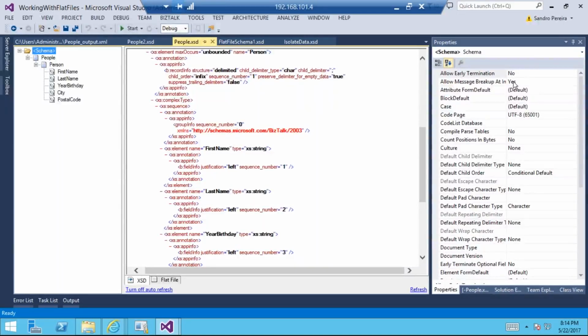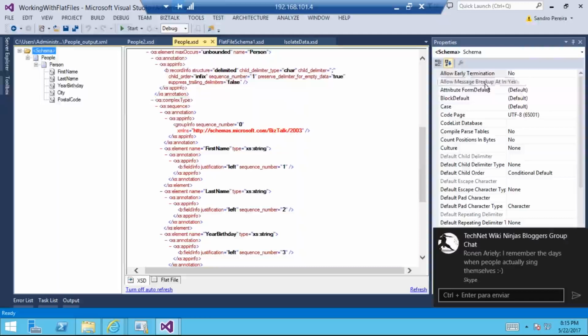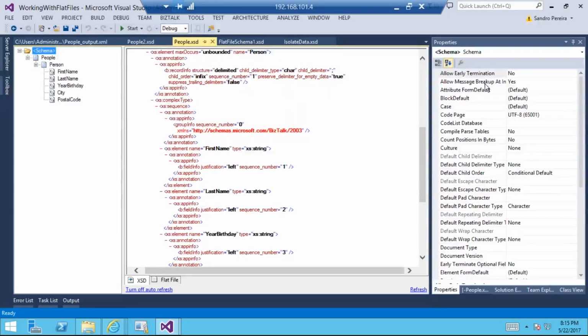So there is an option saying allow message to break up at infix root, in fixed root, okay? So if that says that the